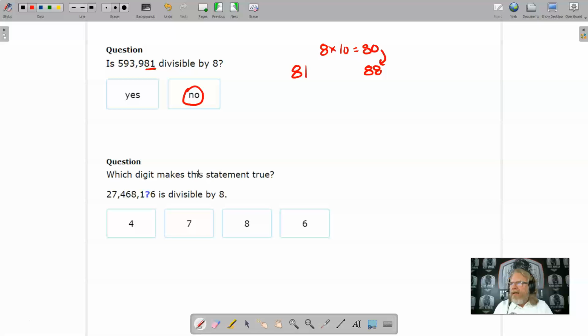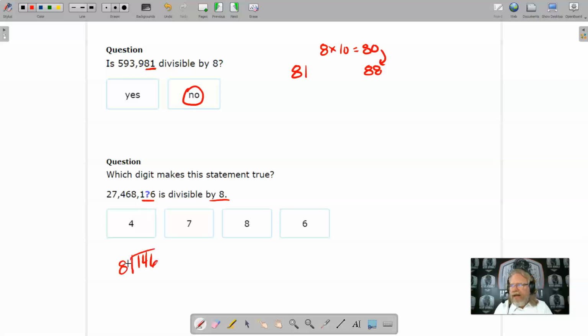Okay, let's look at the next one. Which digit makes this statement true? And we're talking about the rule of 8 for this one here. Well, it's 27,468,100 and something in the tens place with the 6 in the ones place. Well, we know the rule of 8 is the last 3 digits, right? The rule of 4 is the last 2 digits. Rule of 8 is the last 3. So I could plug a 4 in there, 146. And the question is, will it